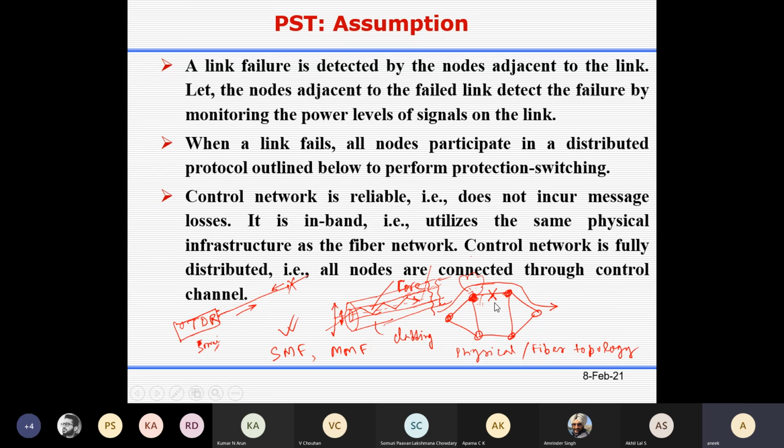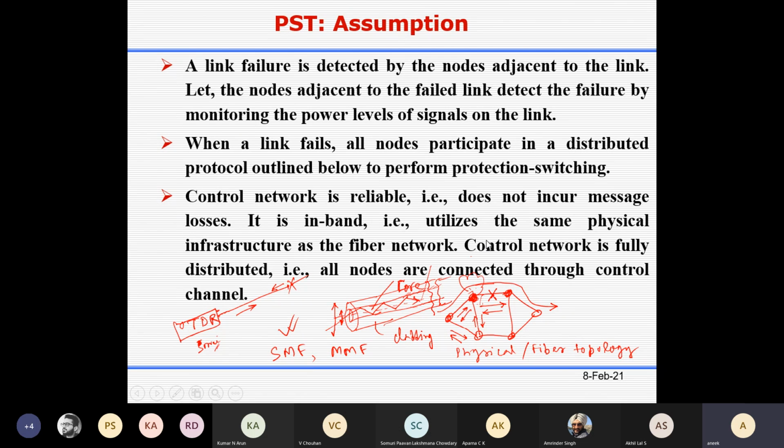But it appears, as we have mentioned, that all nodes are connected to fiber. So basically, all nodes are connected to a control channel. There is a control channel, another control channel, and another one, like this, point-to-point connections. That is the strategy they have used. This is just to send the control signal. You use some channel, but this channel can have a low data rate, because the control packets are expected to be of very small size compared to your data streams.